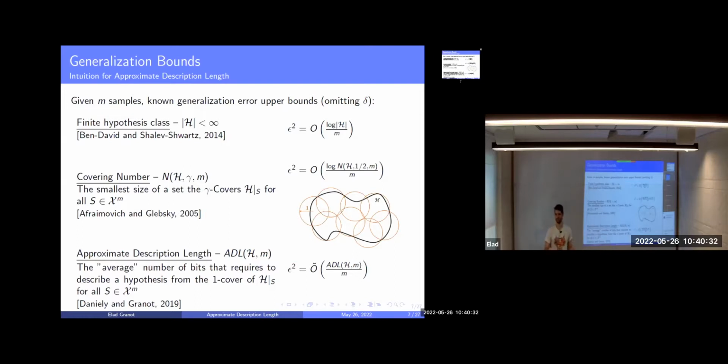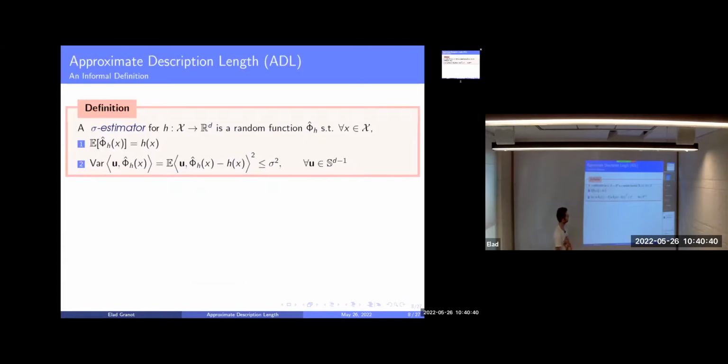So this is the idea of approximate description length that I'm going to explain today. So let's start with three definitions. The first one is a sigma estimator. So what is a sigma estimator? For a function h, a sigma estimator is a random variable, an unbiased estimator for this function,